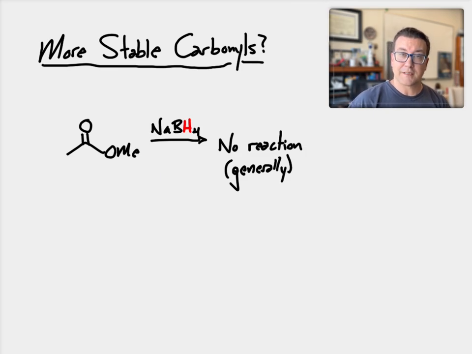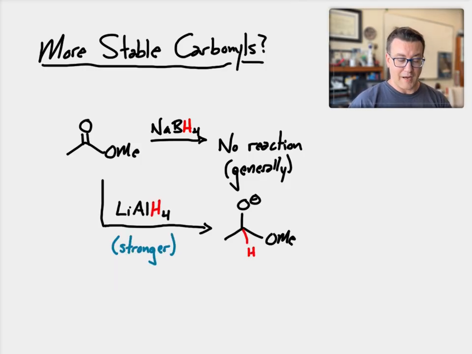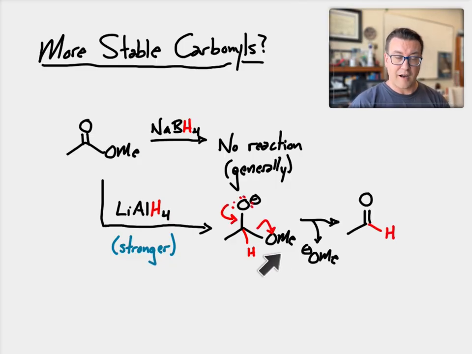A solution to this is to use a more powerful reducing agent. For example, lithium aluminum hydride acts in a very similar way to sodium borohydride, so the first hydride adds into the carbonyl, and the electrons pop up onto this oxygen atom. Now, unlike ketones and aldehydes, you have this leaving group in the form of a methoxide, and that happens very, very quickly in solution. So you quickly kick off methoxide, and you wind up with an aldehyde, in this case,